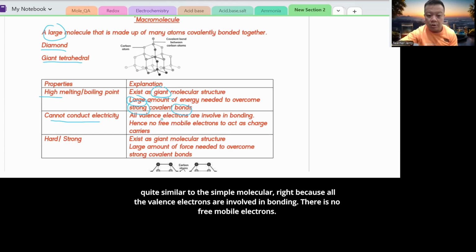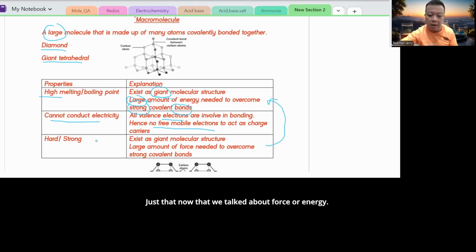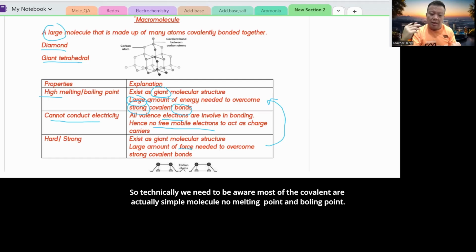They cannot conduct. Generally this is still quite similar to the simple molecular, because all the valence electrons are involved in bonding. There's no free mobile electrons. And of course, sometimes we know a diamond is harder and stronger, so you can see that it's quite similar to the high melting point and boiling point. Now we talk about force instead of energy. So technically, we need to be aware most of the covalent are actually simple molecules with low melting point and boiling point,